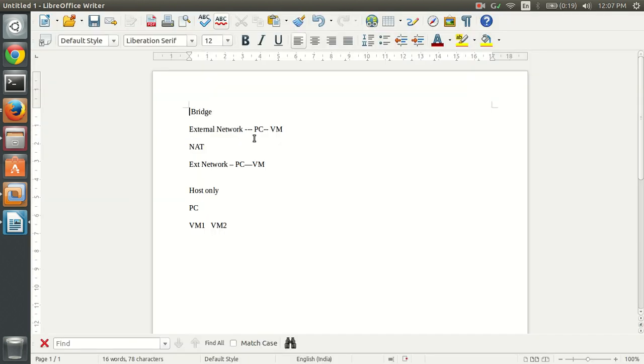See, bridge network. Currently, I have a PC connected to an external network. On my PC, I have a VMware. If I choose bridge network, it means VMware is directly connected to the external network. I don't need any PC in between. Okay, external network